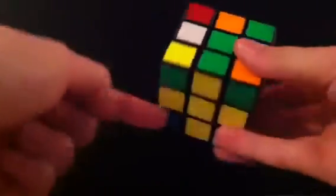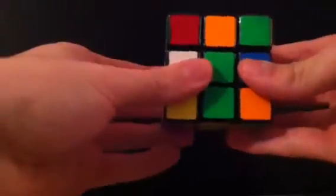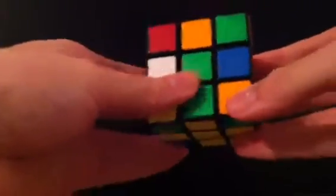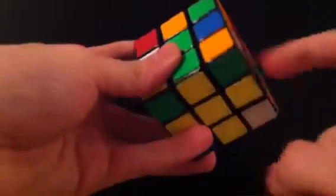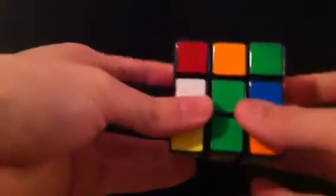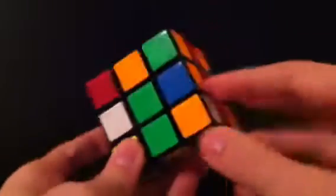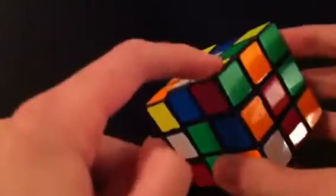In this case our cross color is yellow, because you're going to have to know this when you're finding the corner pieces. So the first thing we're going to do is look at a corner in front of us. In this case we have the red, yellow, and green corner. So I'm going to find that red, yellow, and green corner. So let's look around the cube here. Red, yellow, here it is. Okay, yellow, green, and red. So once I've found the corner piece that goes here, I'm going to bring it into the top layer. So all I have to do is just do L prime, U prime, L, and I've got that corner piece